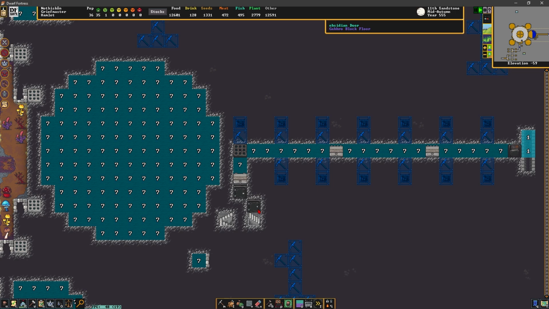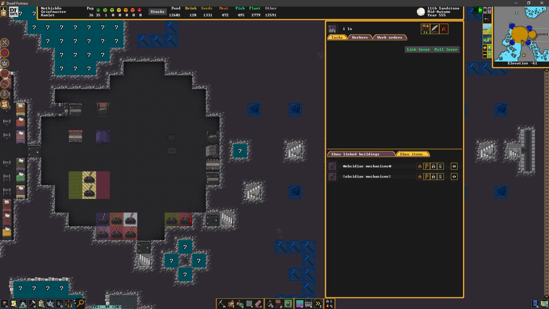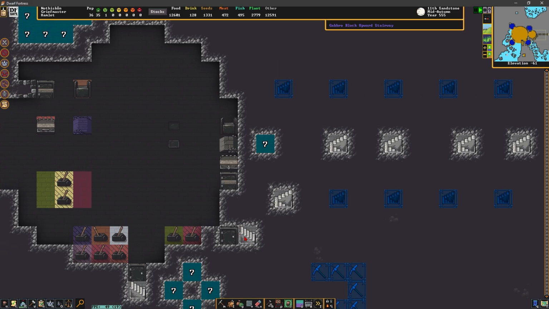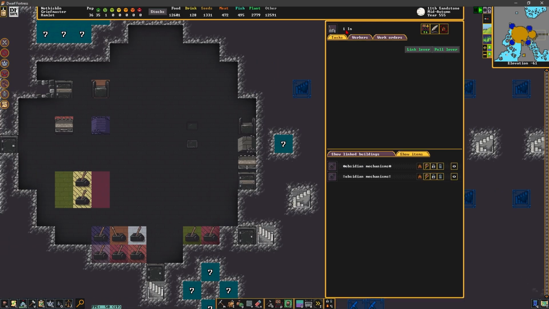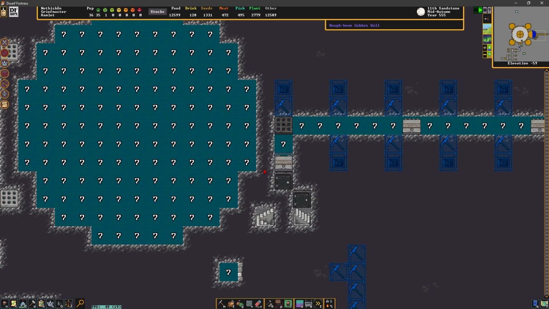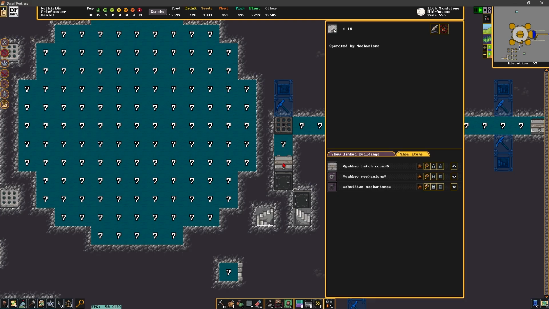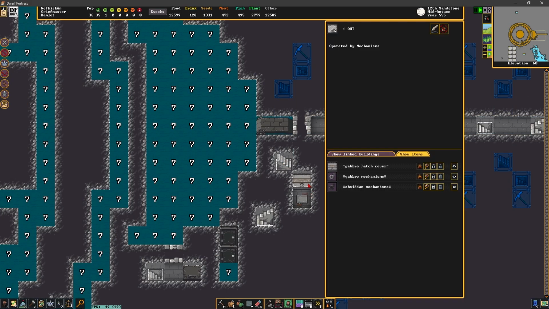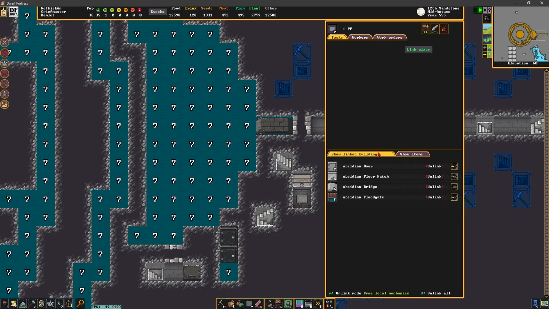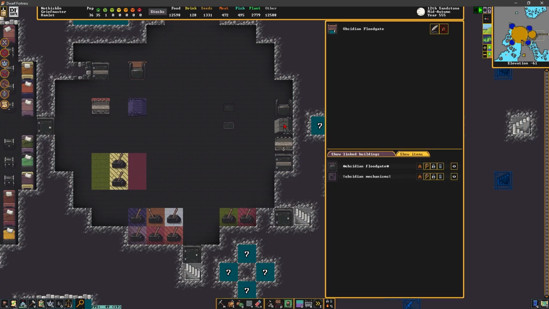There we go. We're full of pressure. Now, I've got two levers hooked up to this latch. So the first one on this green tile is the latch number. So our latch is 1. It's what I called 1. So this is 1 in. This is 1 out. And we've got our pressure plate, 1 pressure plate, which is hooked up to these